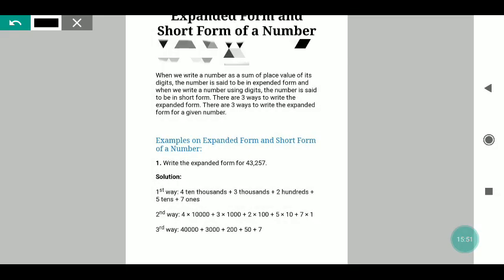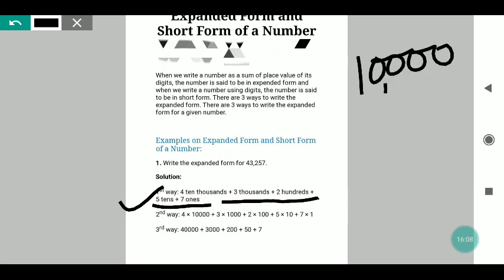So what have you understood from this? We have understood that here we are mentioning the place values after the digits. Wherever they are standing, we are just mentioning the place values. After the digit, we are mentioning the exact place value in words. Place value we can mention in numbers also, like 1000. That is also correct. That we will deal with in the second way. So here we are mentioning it in words.